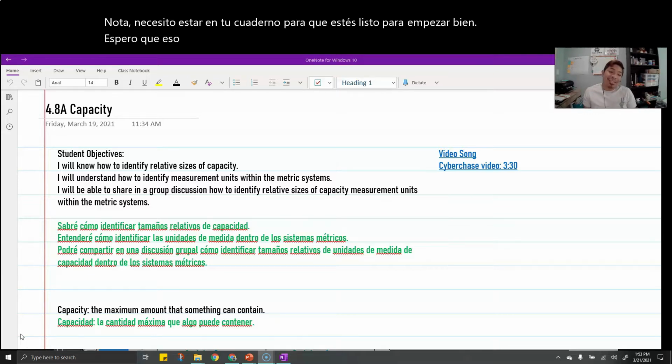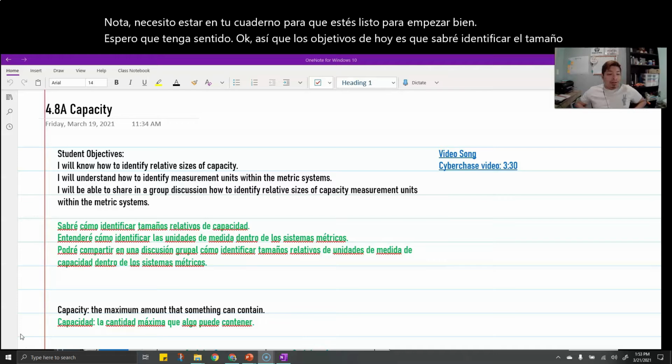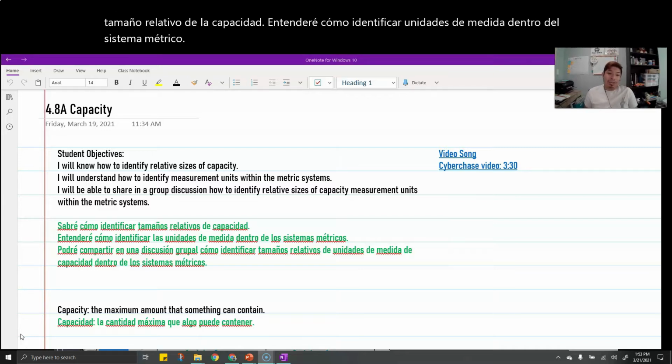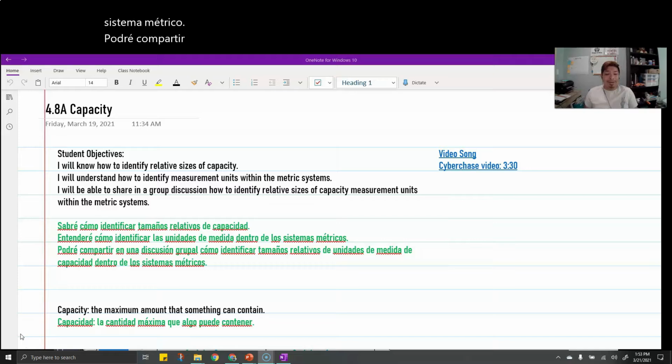Okay, so today's objectives: I will know how to identify relative size of capacity. I will understand how to identify measurement units within the metric system. I will be able to share in a group discussion how to identify relative sizes of capacity measurement units within